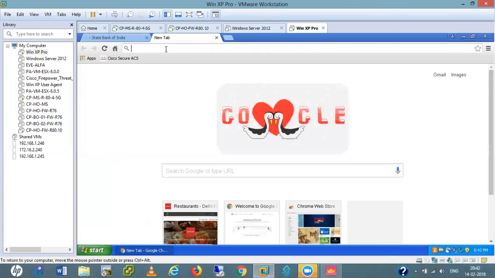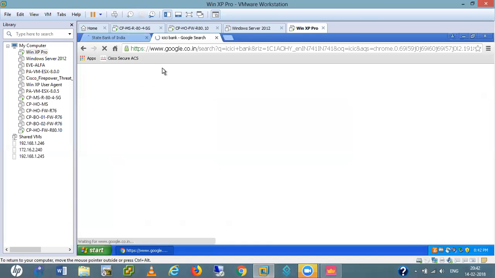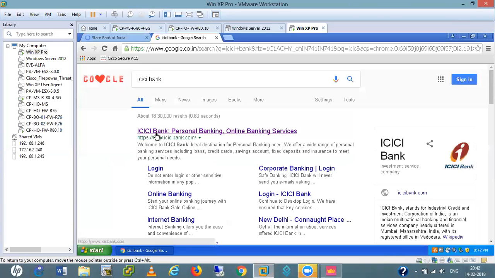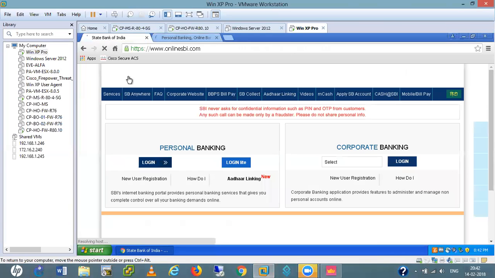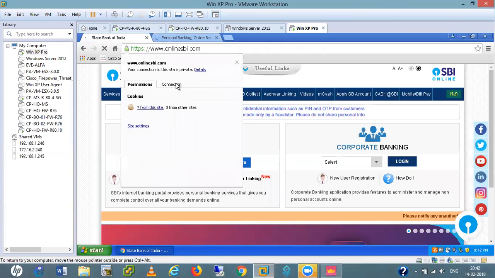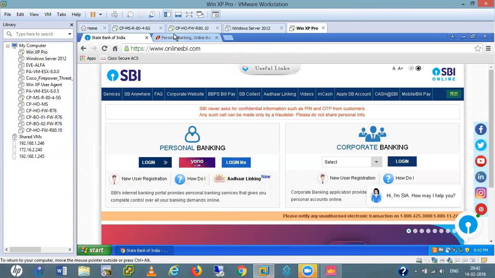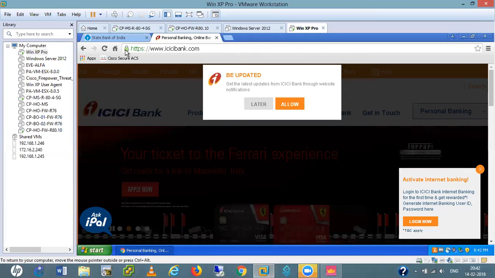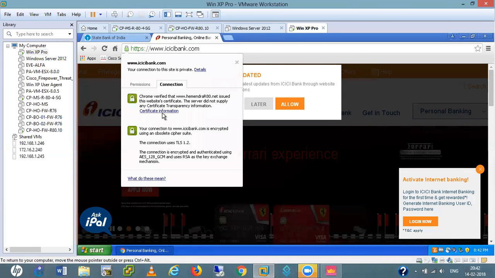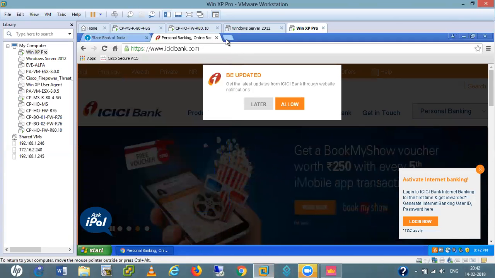I'm also looking for ICICI Bank. If I see the certificate, connection detail and certificate information, it is still being decrypted by my firewall. Actually, I wrote the rules for this: do not decrypt. It is also decrypting.